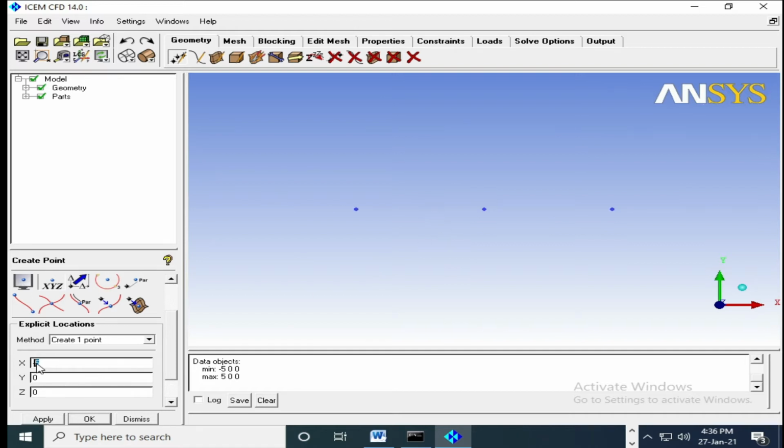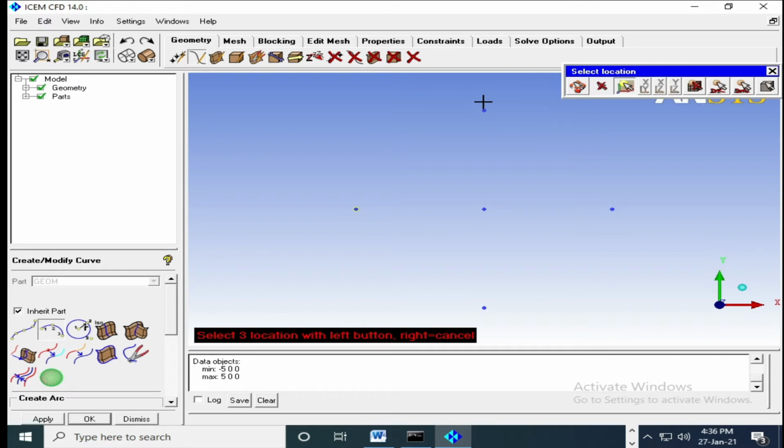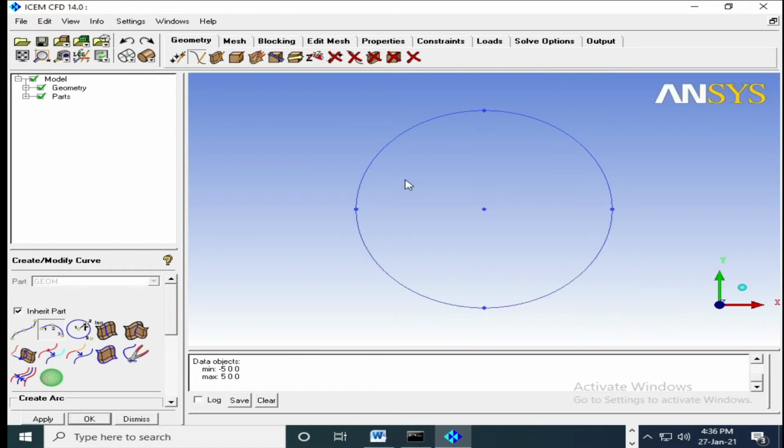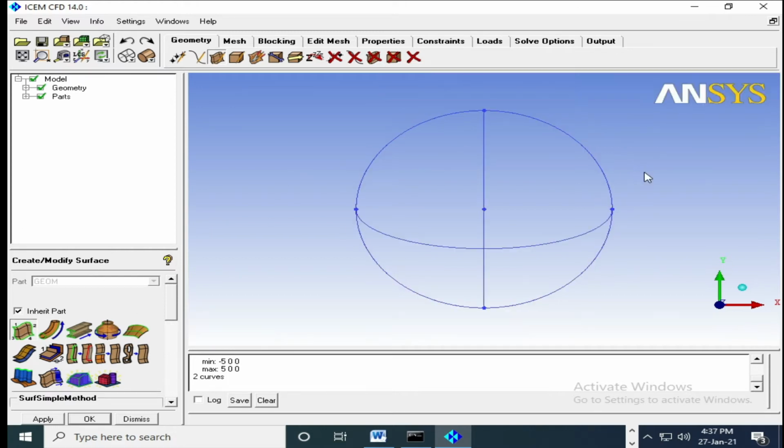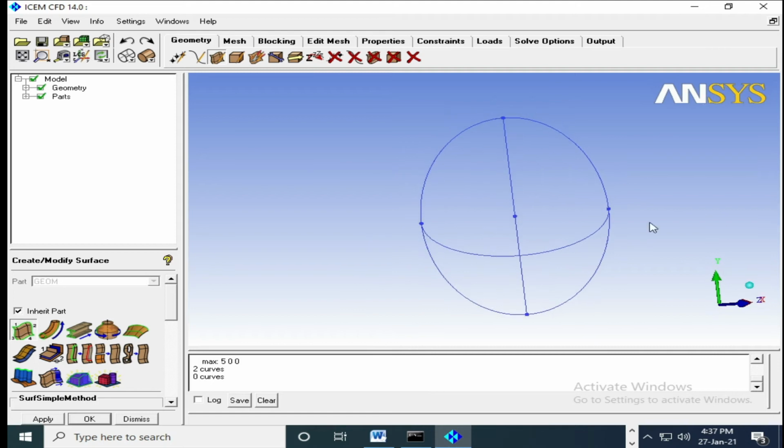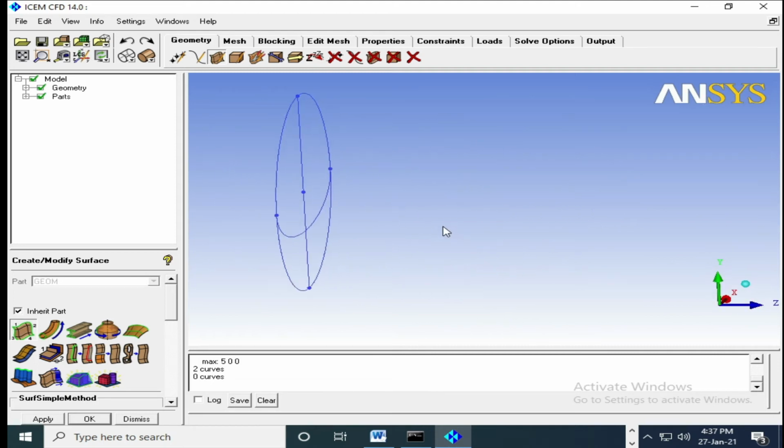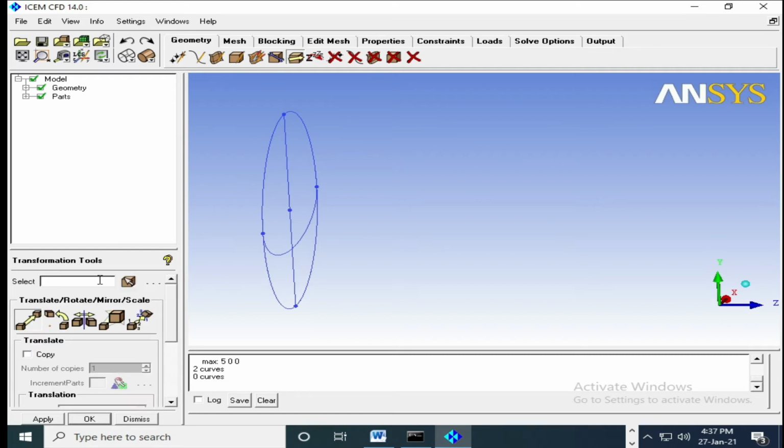Then I will extrude that circle, and minus 5, so I will get one circle out of this. I will go here and draw a circle like this. Now in Z direction I will extrude this point.